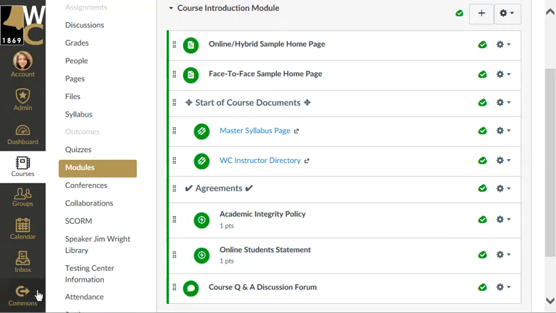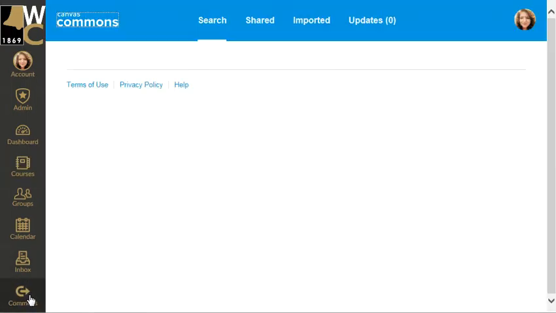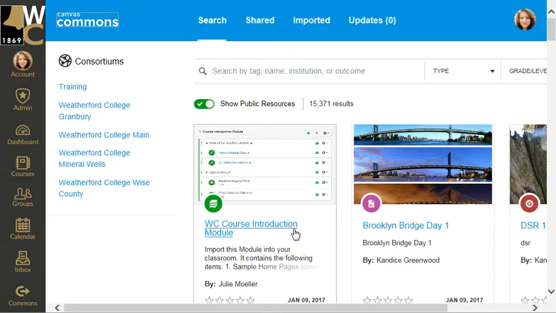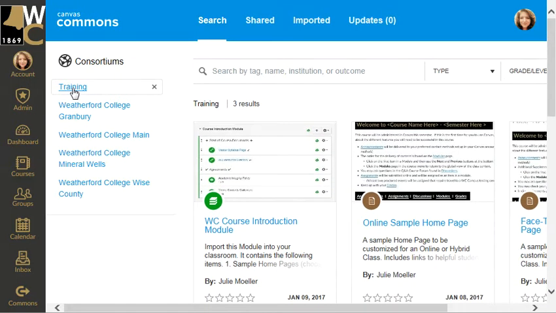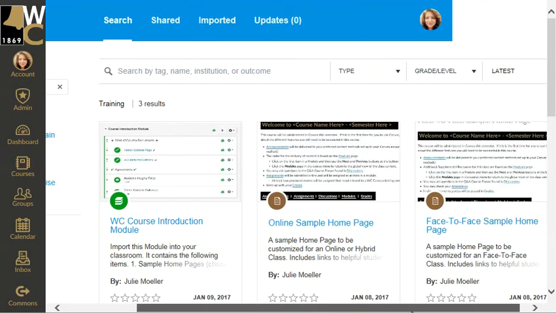Where you will find this module is in the Commons area. This Commons area, if you've not been introduced to it, is a consortium of various items and resources that you can utilize inside your classroom that someone else has shared with you. This could be public across the whole Canvas community, as well as inside particular consortiums within our college Canvas community. So I'm going to have you click on training, which is my area,